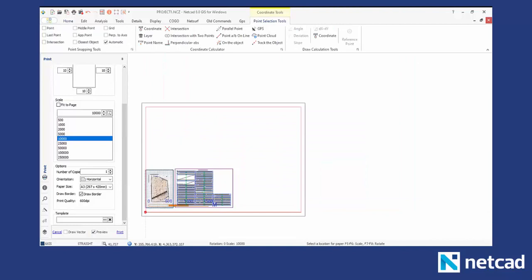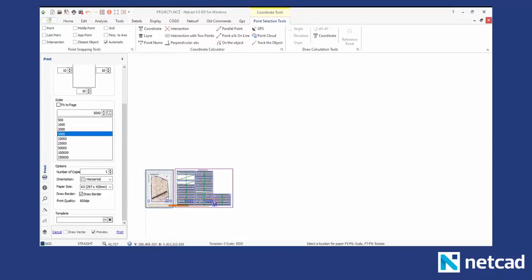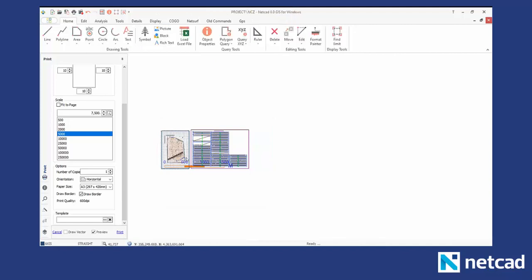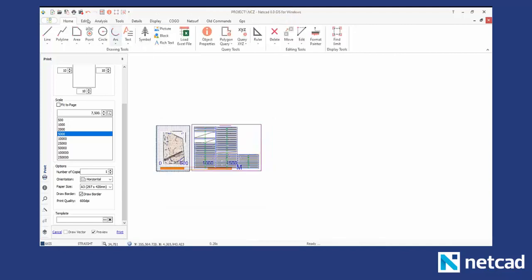Okay, according to this scale and that paper, it's just a little bit big, maybe 5,000. Yeah. So it's going to be 7,500. I think it will fit directly. Okay, and then when we do that, we can get our paper, but before that,